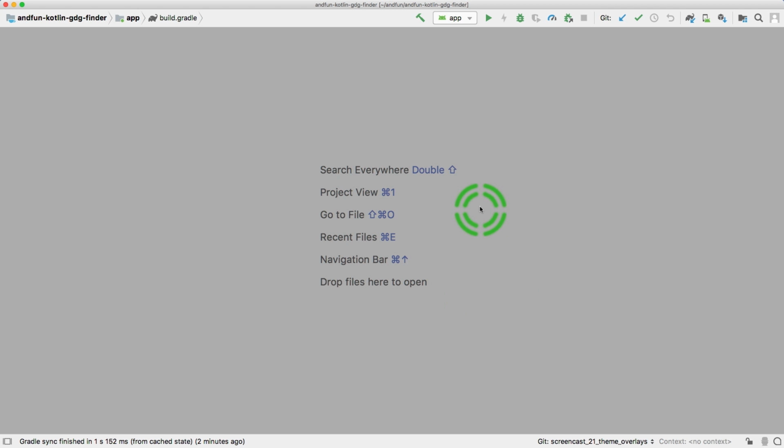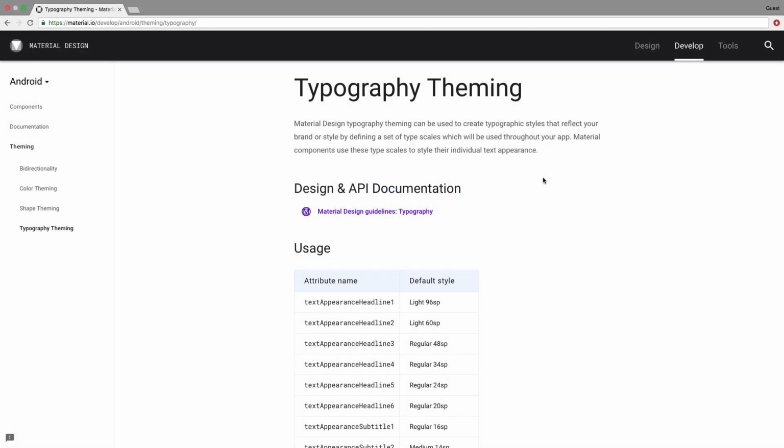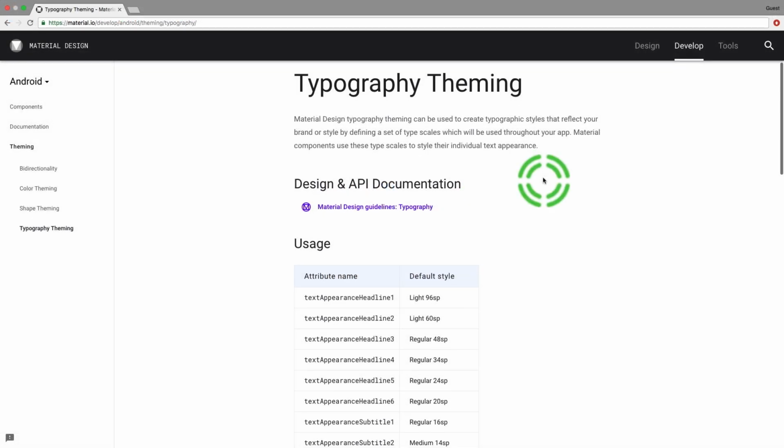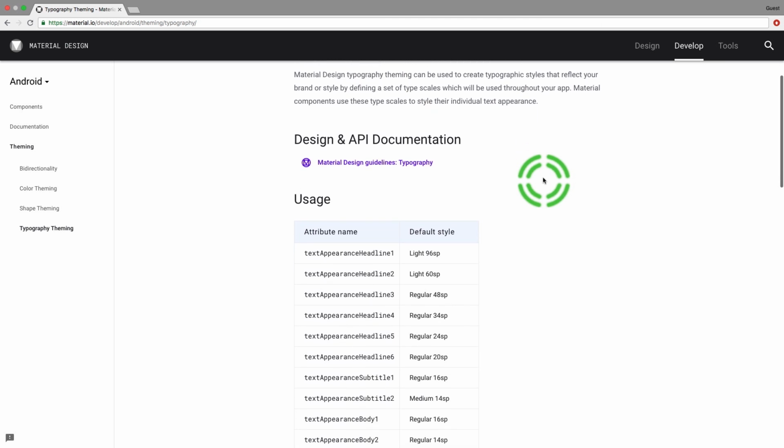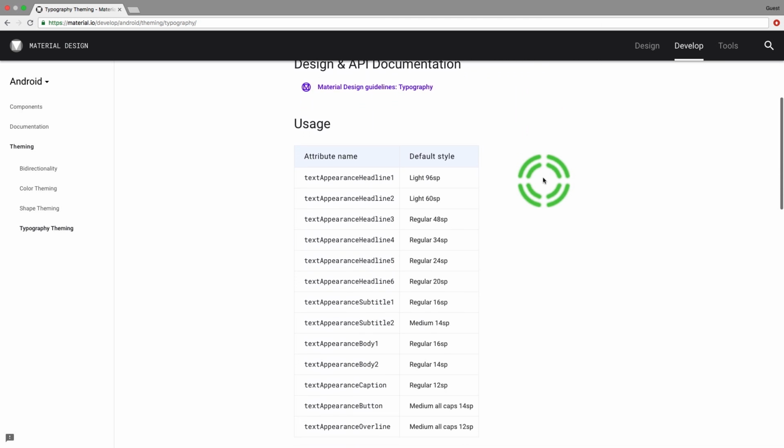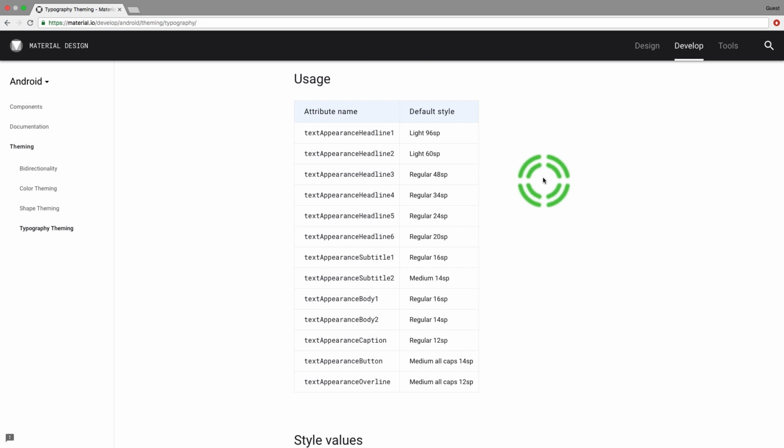In this exercise, we'll switch our header styling to use Material Design's theme attributes. This will help us follow the material style guide while customizing behavior to our own style. If we open up the Material webpage for Android, there's an entire section explaining how text styling works with Material Design components. I've put a link in the notes so you can take a look at it yourself.